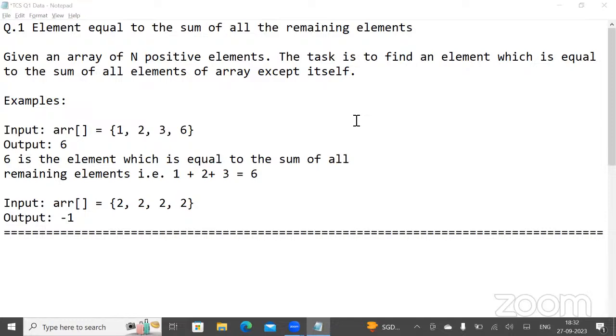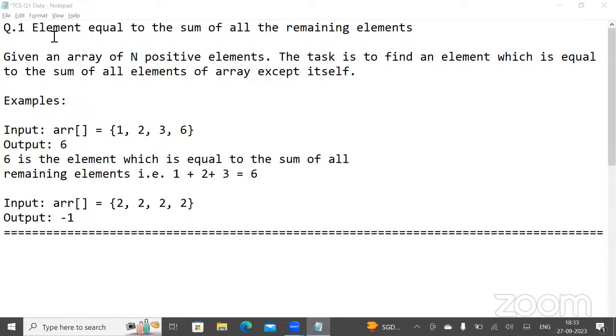If we solve this question with all test cases, and question two with the public test cases passing, that will be enough to crack the coding round. So let us read it and understand it along with the execution.